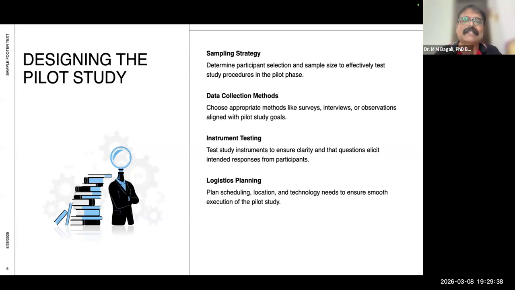I said, how much was your sample? He said, whoever was given the questionnaire and replied, they are the sample. I mean, this is completely unscientific, right? Had he had a pilot study, he would have understood whom to include, and obviously what would be my sample size.